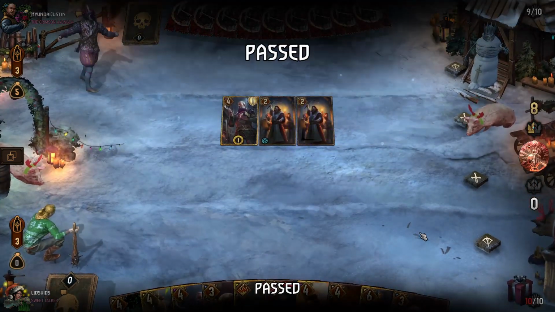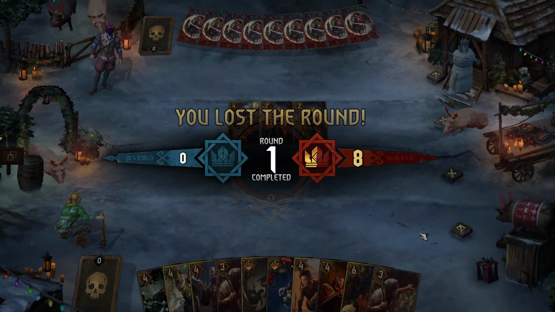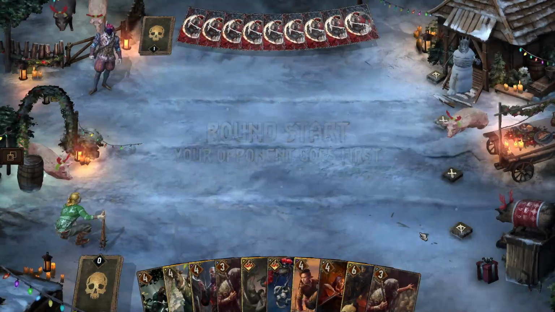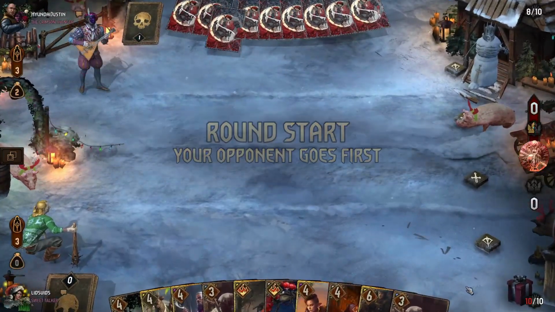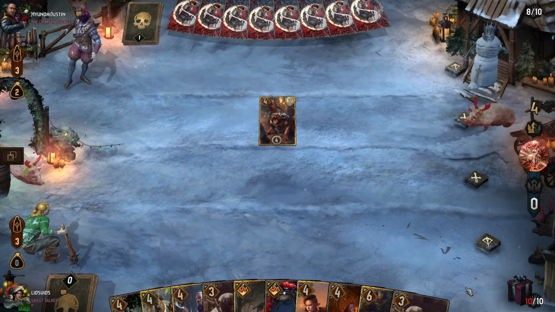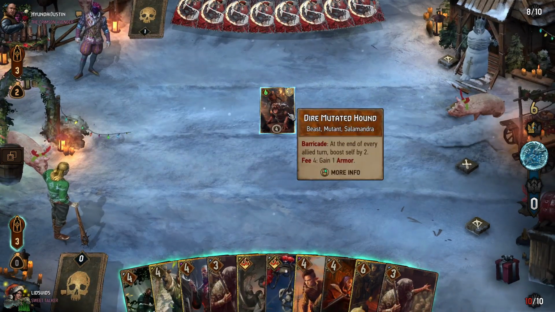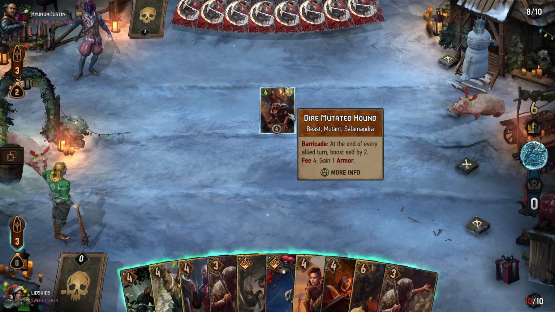And of course, that means they'll win round 1. We're hoping they'll drive past round 2, but even if they don't, we still have enough cards to sacrifice in round 2. Okay, so they will still play. It's Dire Mutated Hound. That is not a card that we have. But that is going to continue to get boosted by 2 every turn,